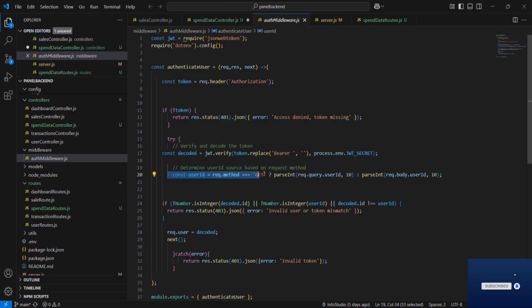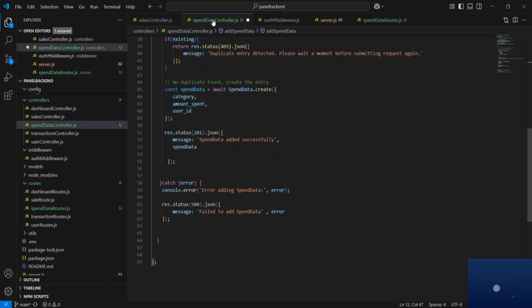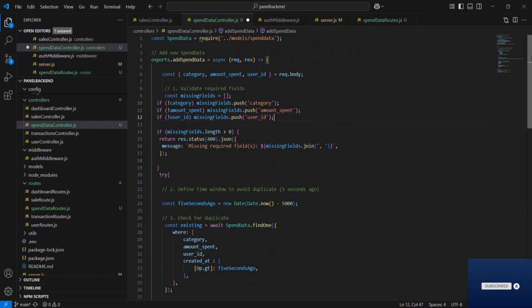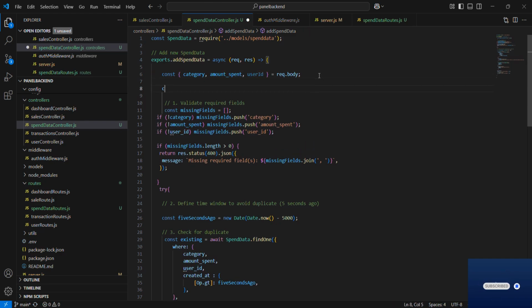Here in the auth middleware, we can see that we are checking for the existence of the userId, but we've used user_id. Let's change it to userId. And we will assign the received value userId to the user_id variable, so we won't encounter any errors in the AdSpendData functionality.